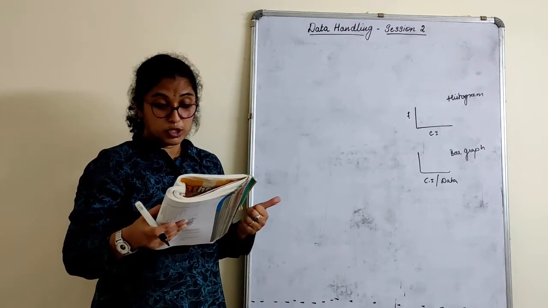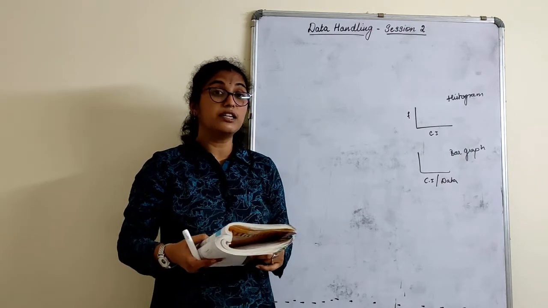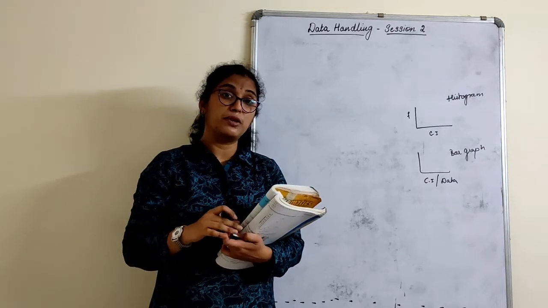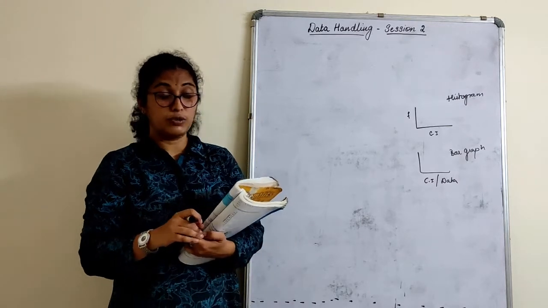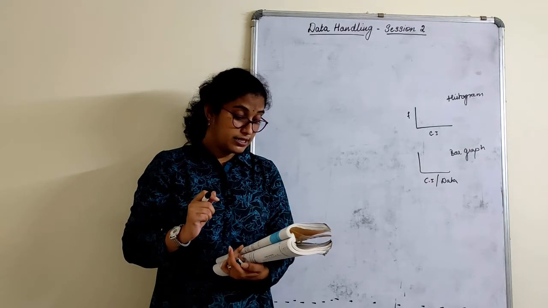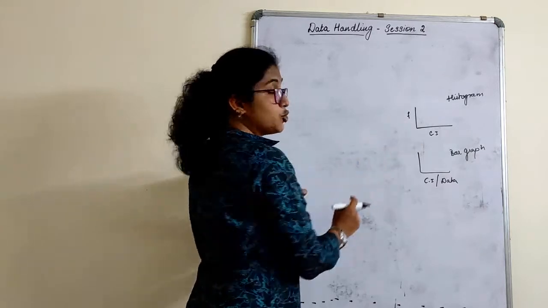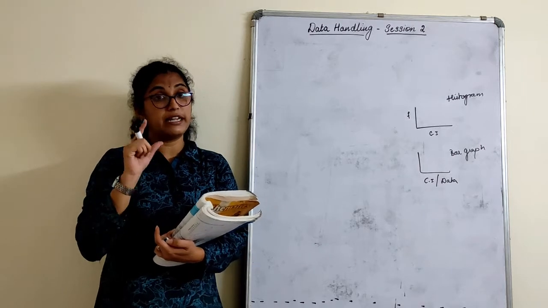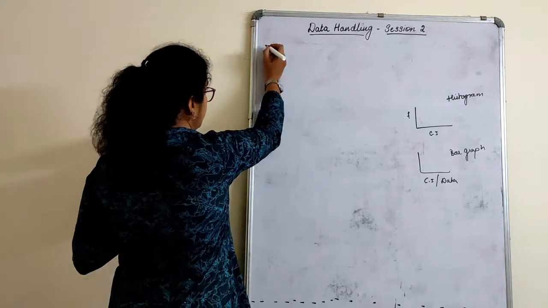wherein the letters in the postman's bag and the number of cassettes produced by companies can't be, because we can have the company's name and the number of cassettes produced, right? That is for a bar graph, not for the histogram. Now we understood that B and D, that is height of competitors and number of passengers boarding the train, can be represented by a histogram. Why? I have explained it, but still I will send you the PDF to write this. We will start with the second one, children.